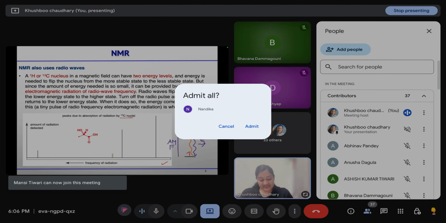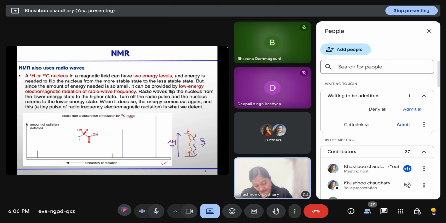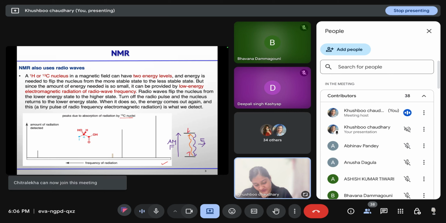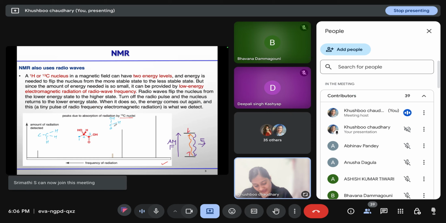So if we consider these three carbon atoms, this carbon atom, carbon 1, I'm numbering it, is at carbon 2. This is not the IUPAC numbering, just for your reference, I'm giving the numbers. This one carbon is attached to three hydrogens and one carbon. The second carbon is attached to one oxygen, one hydrogen, and two carbons. And the third one is attached to an oxygen, another oxygen, and one carbon.